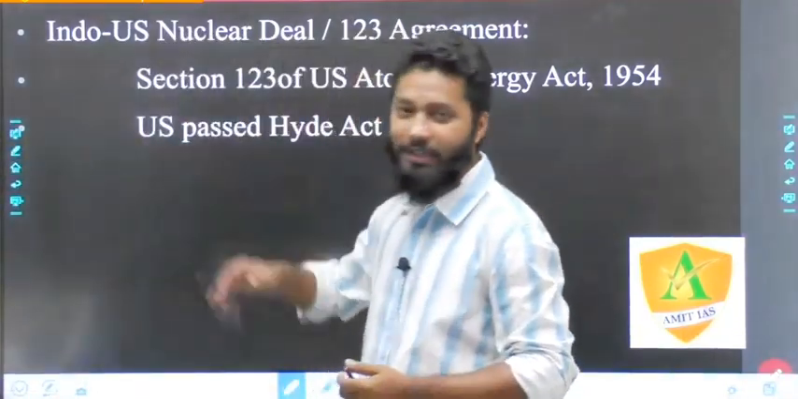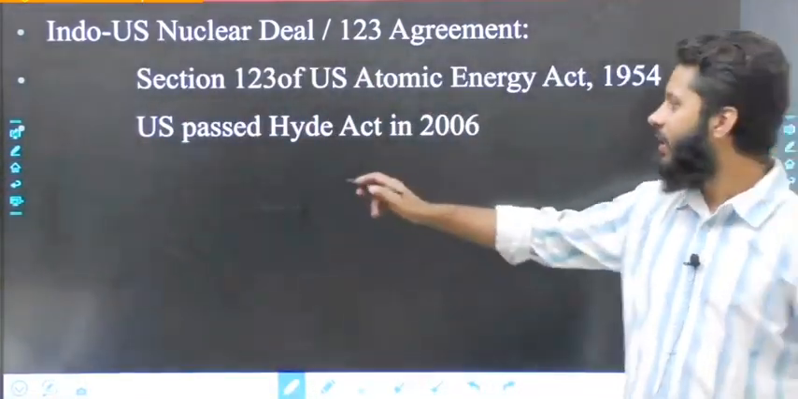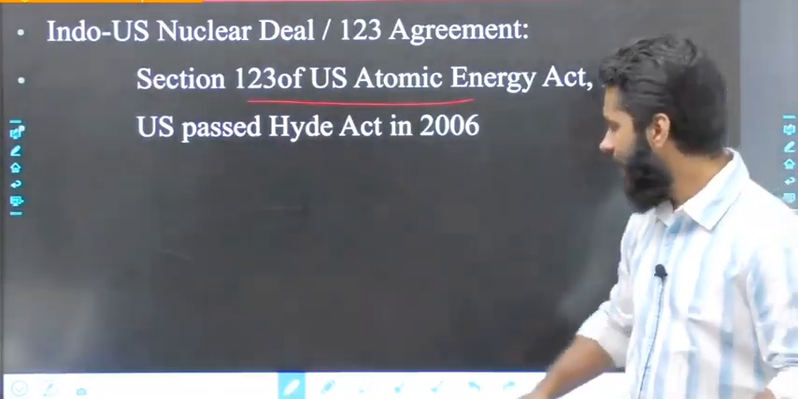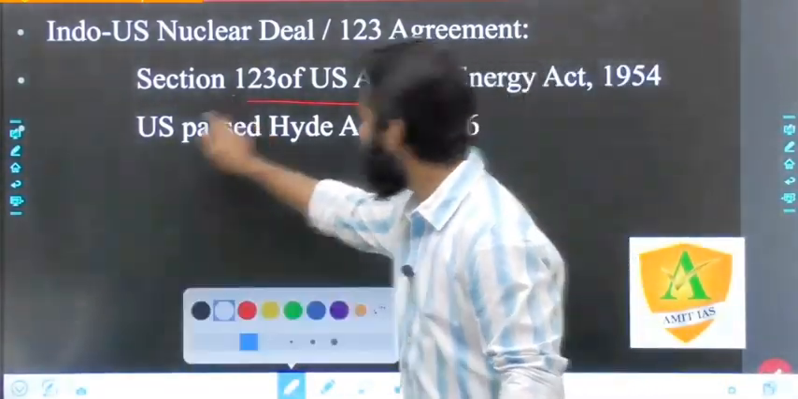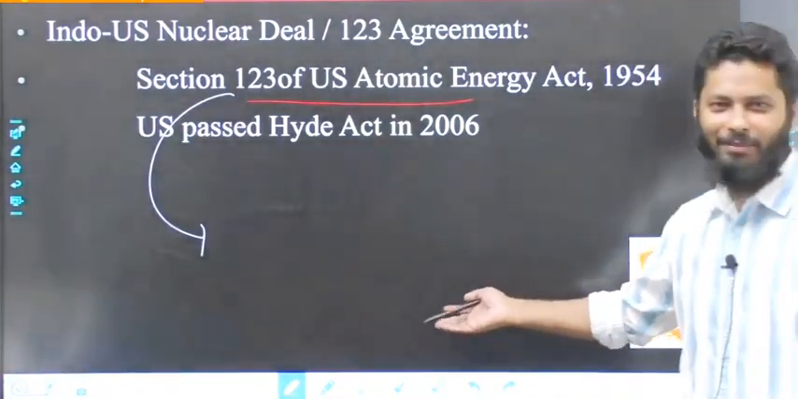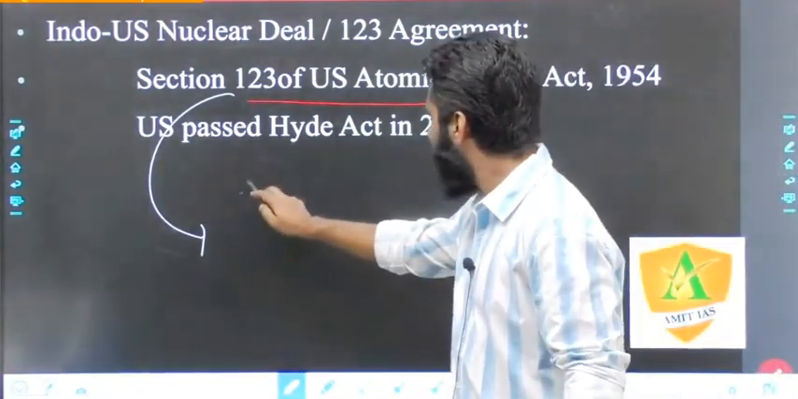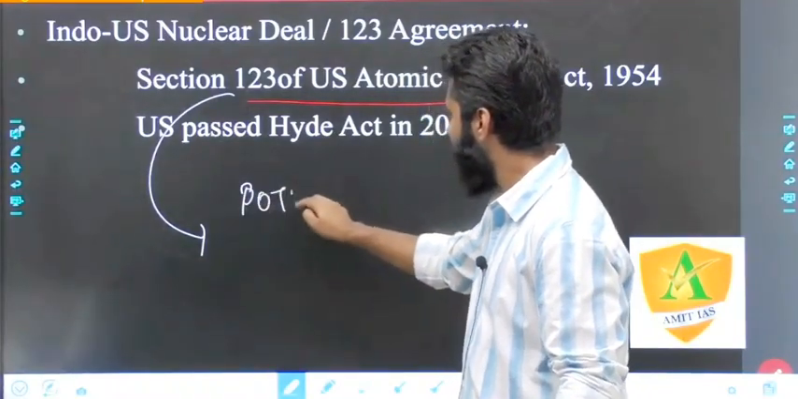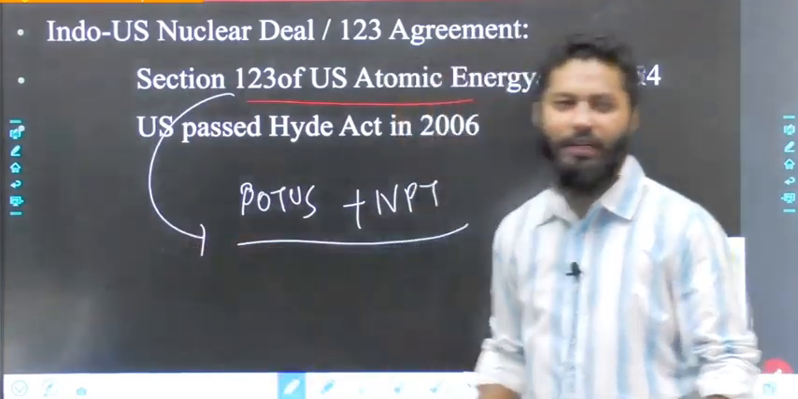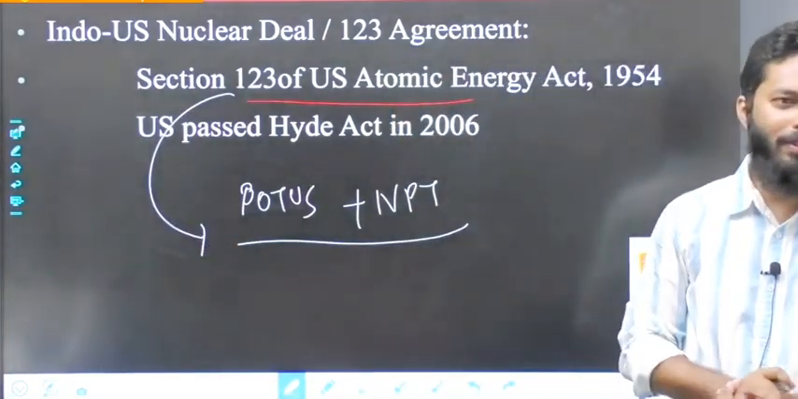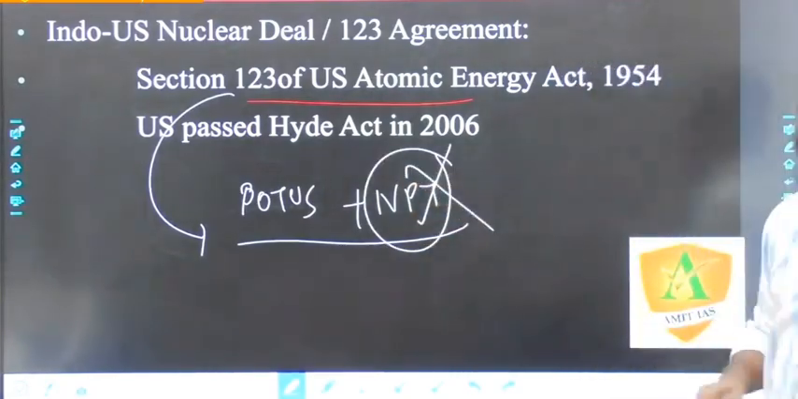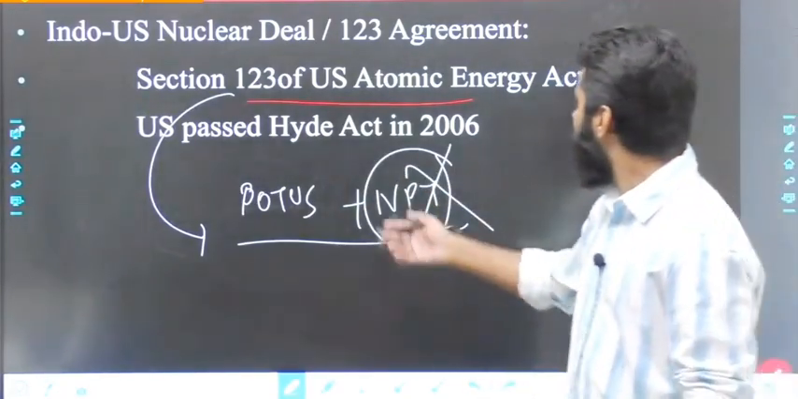इसे 123 एग्रीमेंट इसलिए भी कहते हैं क्योंकि US एटॉमिक एनर्जी एक्ट 1954 का सेक्शन 123 कहता है कि इफ प्रेसिडेंट ऑफ द यूनाइटेड स्टेट्स इज सेटिस्फाइड, लिख लेना, लिखने का टाइम मिले, समझ लो, मैं टाइम देता ही हूँ लिखने के लिए। इसमें क्या है कि इफ President of the United States, POTUS, is satisfied and the country has signed NPT, then United States can share the nuclear technology with that particular country. तो हमने NPT साइन नहीं किया है, ठीक है, हमने NPT साइन नहीं किया है।